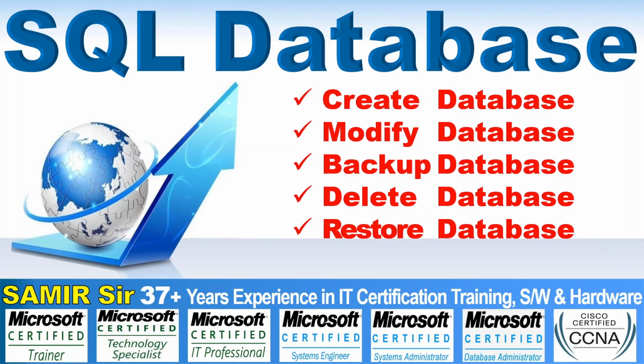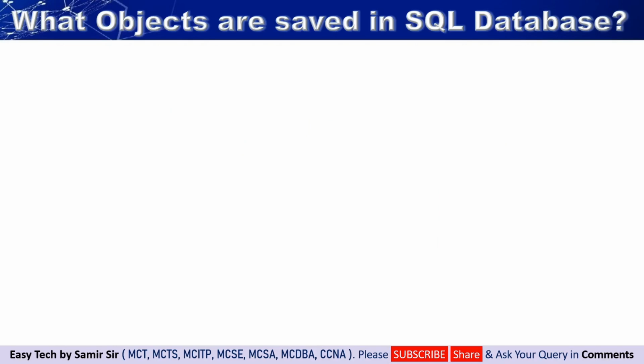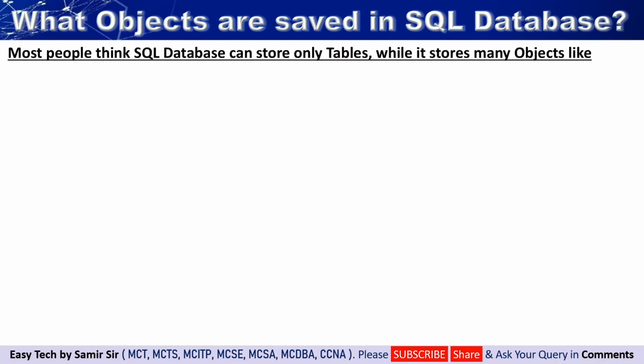Let's learn how to create database. Most people assume that database can store only table. So my question is, what objects are saved in SQL database? Answer is, most people think that in database we can store only table, while it can store many objects like